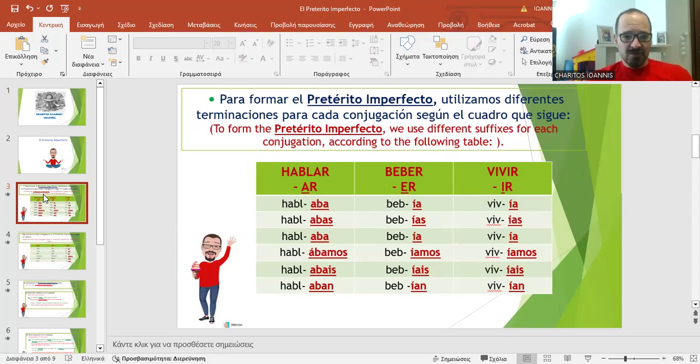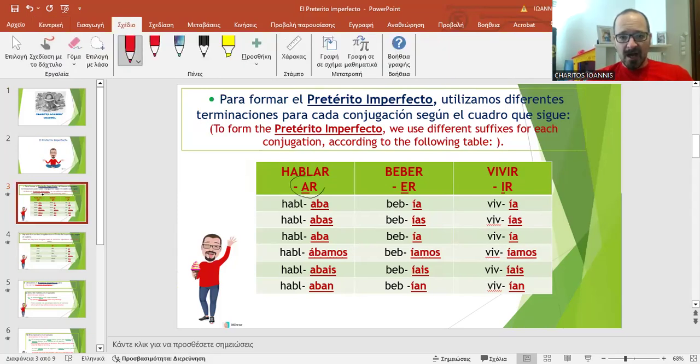So, when it comes to the verbs of the first conjugation, those that finish in R, we must use the suffixes of el presente and behind them add that sound ab. So I said the suffixes of the presente. So el verbo hablar en el presente es amo. Okay, this is the only difference. It's not ama, right? But amas,